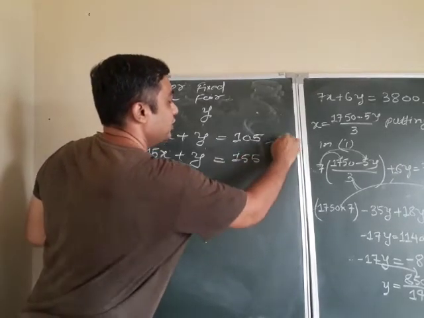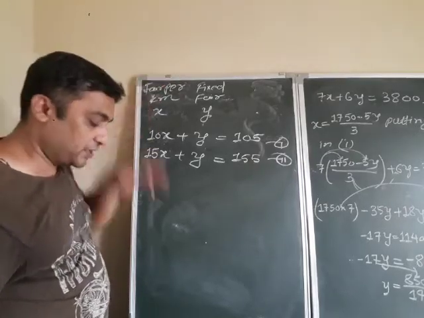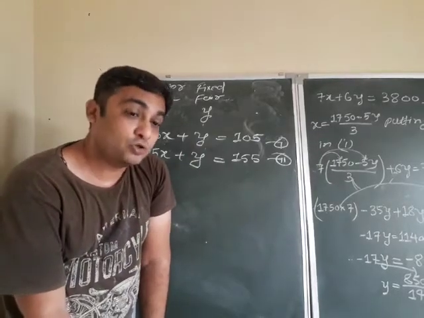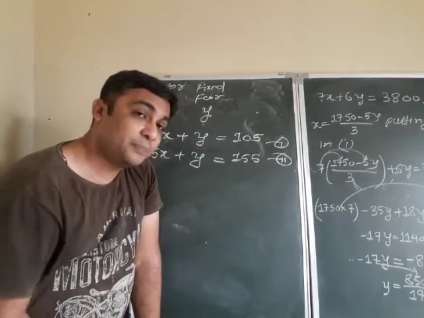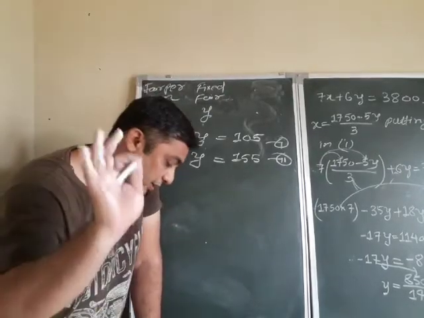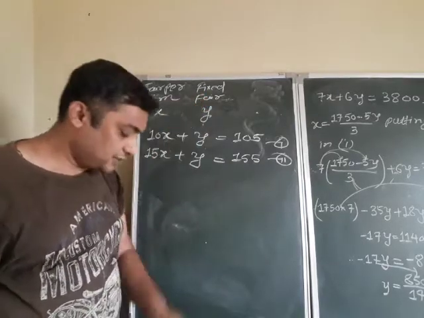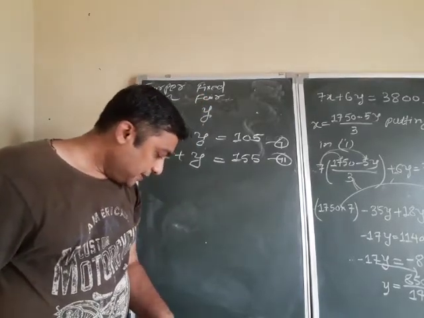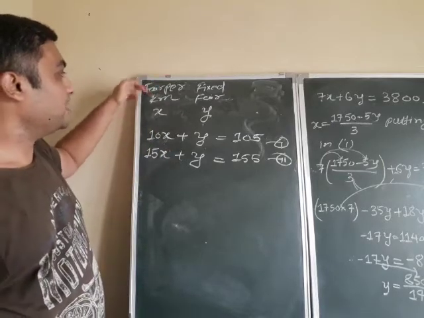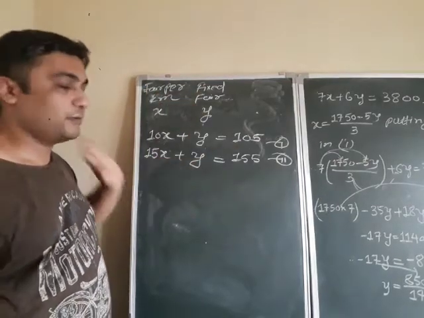So you will have the two equations, first and second. Fare per kilometer is X rupees. First, read the complete data. What are the fixed charges? I already told you. If you are confused about the assumption, read the complete data. At last, whatever you have to find, that you have to assume. That is the method. So we have to find the fixed charges and the charges per kilometer, so I assume fare per kilometer and fixed charges. Clear? And then I form the equations.